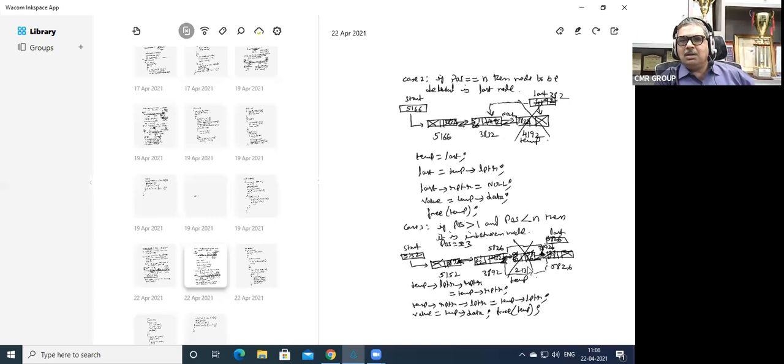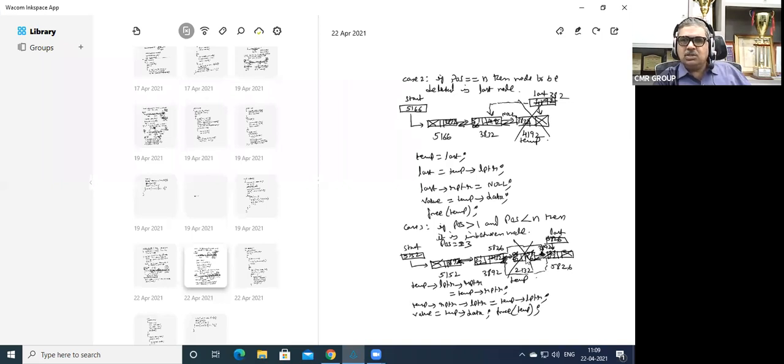Now when I'm at this particular node, temp is the node which you want to delete. This node getting deleted means the previous node's RPTR value should be the next node of this temporary node, and also the next node's LPTR value should be the temporary node's left node, the previous node. So this particular RPTR we are going to overwrite with the next node, that is 5826.